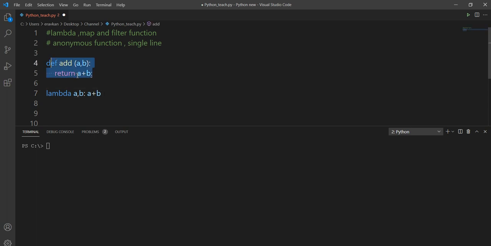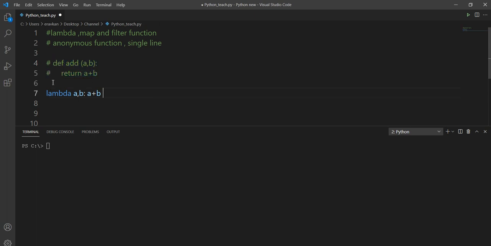So this function you can write in this way by using one line. First these a and b specify what input parameters it takes, and this is what it returns. You don't need to include the return statement in your lambda. Okay, now let us see.